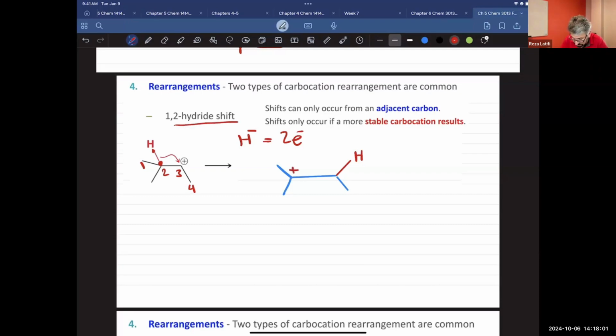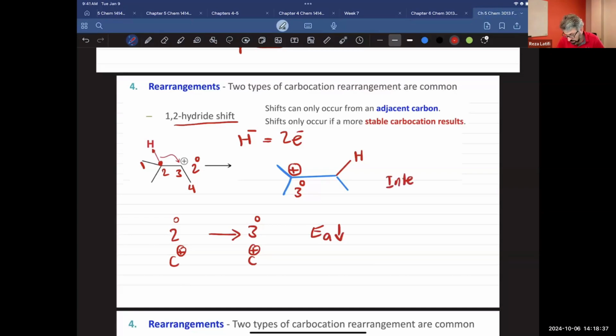Now, what happened here? We got a positive charge. Why is this a good thing to happen? Check the carbon cation. Your carbon cation now is a tertiary. It used to be secondary. So from secondary carbon cation, we turn it to a tertiary carbon cation. That's going to drop the activation energy, and it will make the intermediate